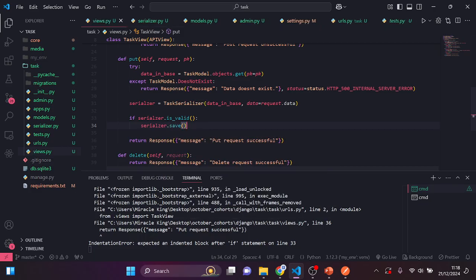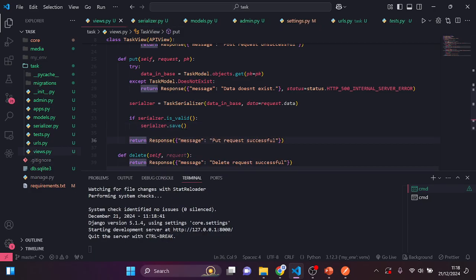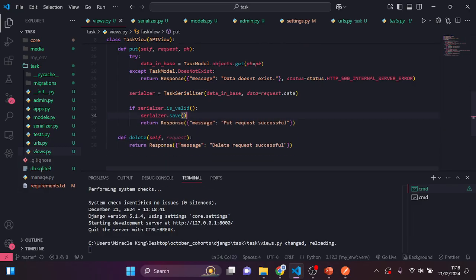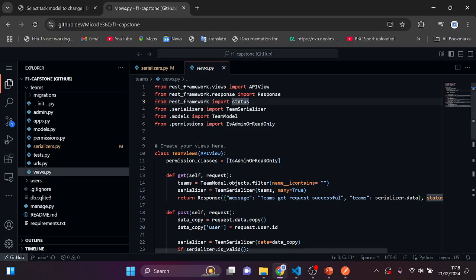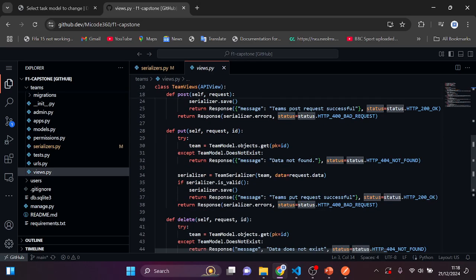I want you to save that new information, and send back a response message telling us that the put request is successful. An update has been made. I want to be sure the right status for update is also